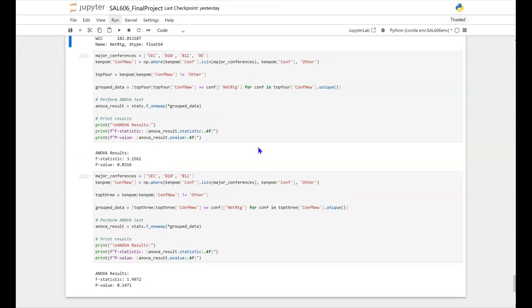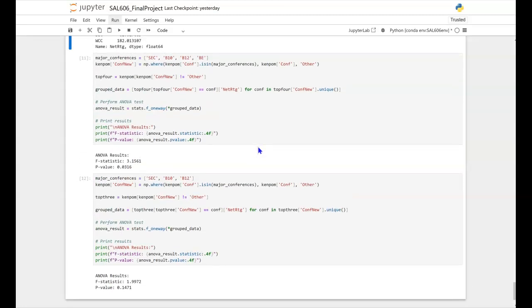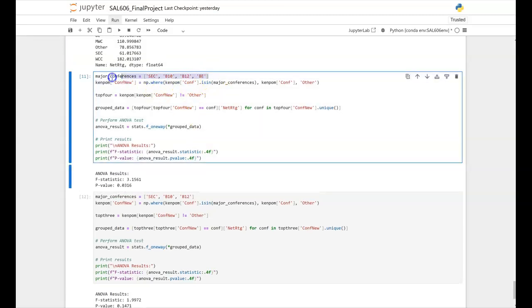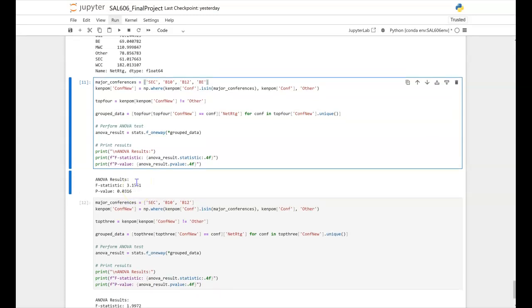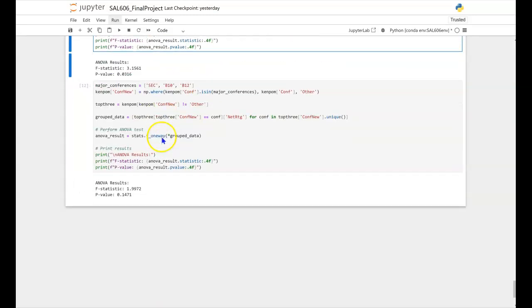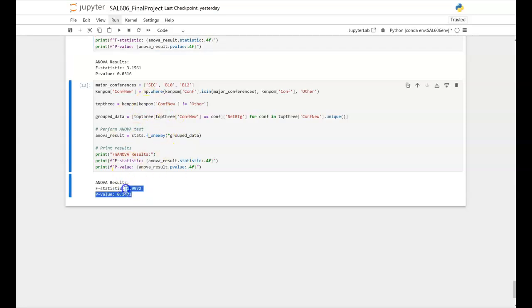And then lastly, I just run two quick analysis of variance hypothesis tests. The first one, I included the top four conferences seemingly from our results, so excluding the ACC and the Mountain West, and we see significant results that these groups have different means. And then lastly, I just look at the top three, and the results aren't as significant, but it tells us that the Big East is a little bit